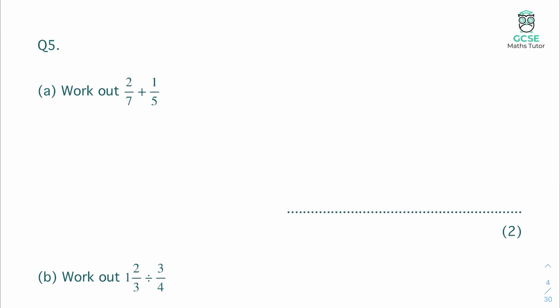So when we're adding fractions, we need a common denominator. So I'm going to multiply the left fraction, top and bottom, by 5, and the right fraction, top and bottom, by 7. That's going to make 2 fractions where we have a denominator of 35. So the left numerator there, 2 times 5 is 10, and the right numerator, 1 times 7 is 7. So if we add those two together, we'd get 17 over